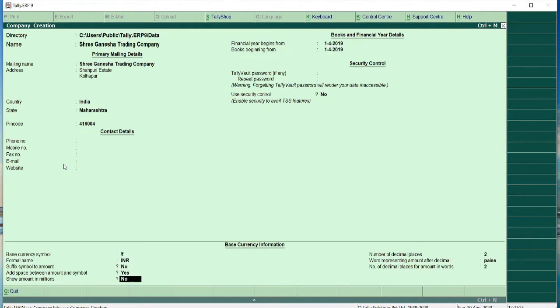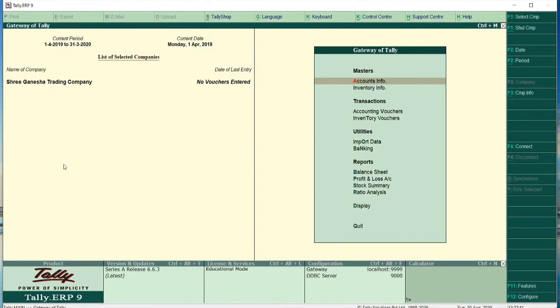I am not going to keep any security control, and I am simply accepting whatever is there on the screen. So here you can see my company is successfully created, Sri Ganesha Trading Company, with no vouchers entered, and the company period is from 1st April 2019 to 31st March 2020.